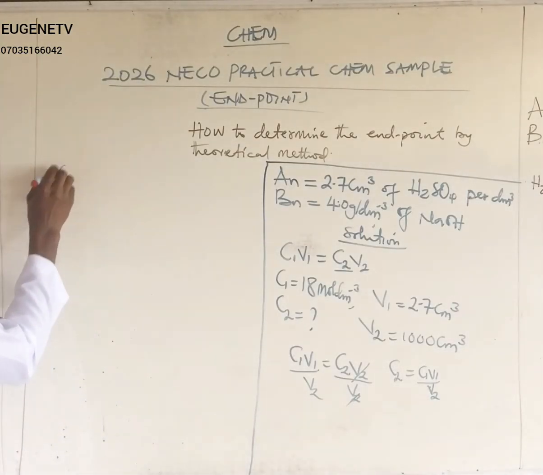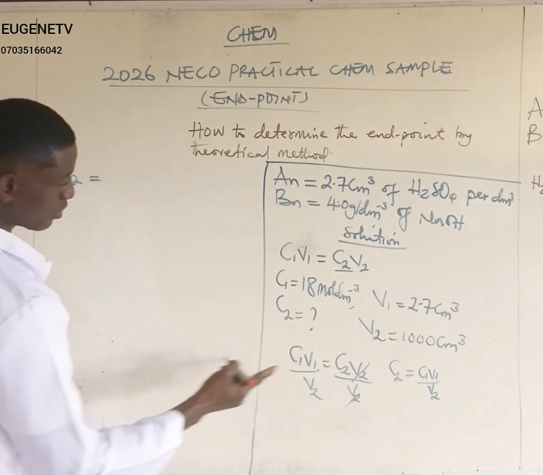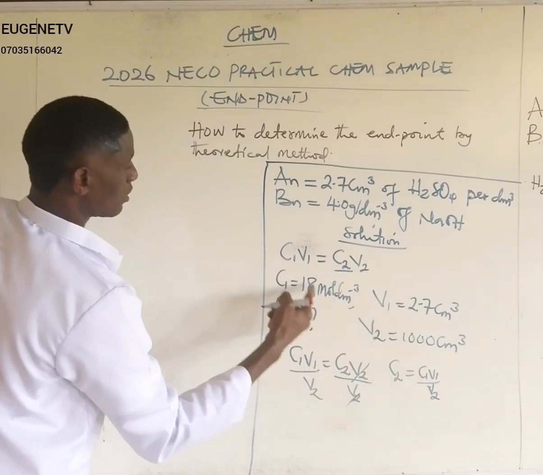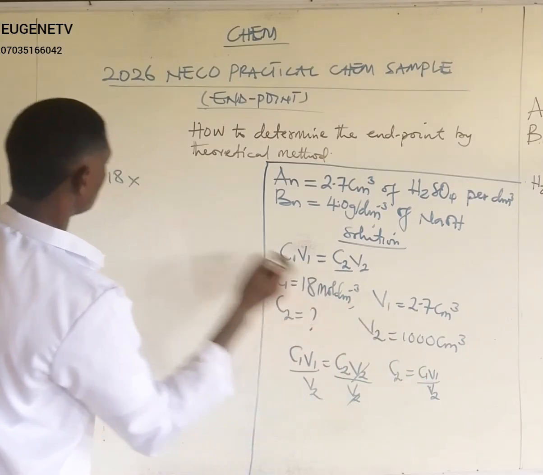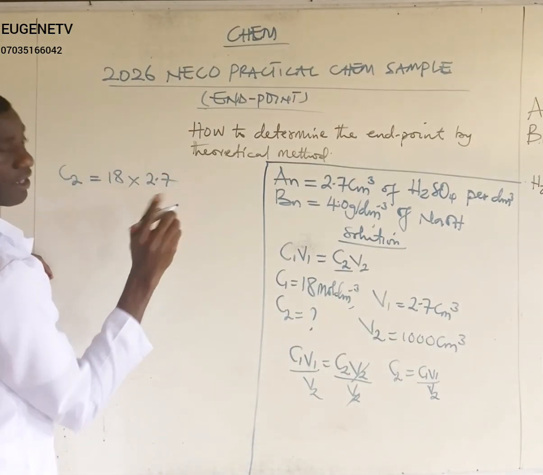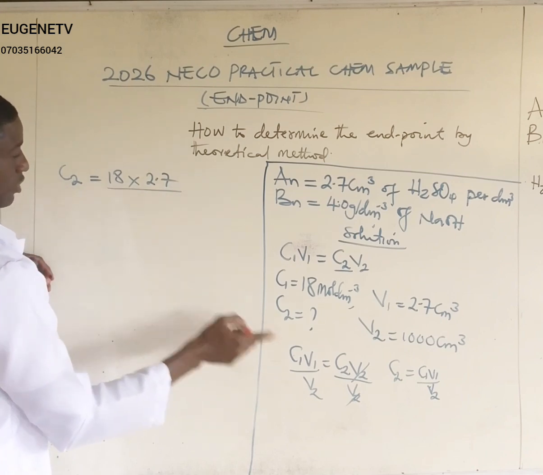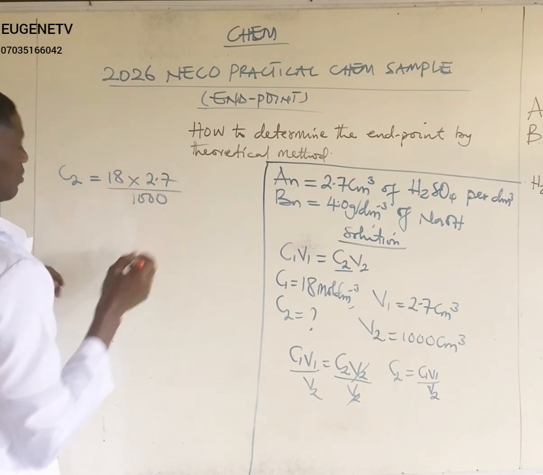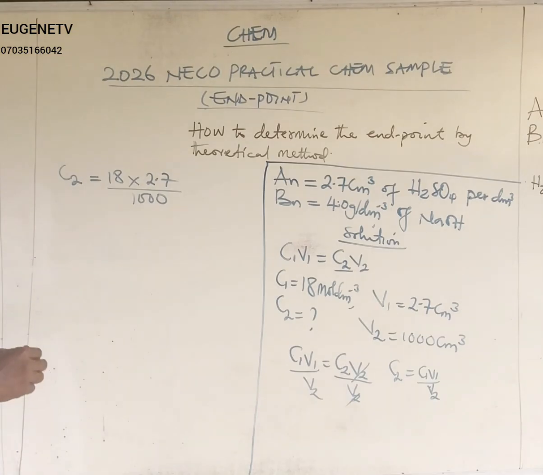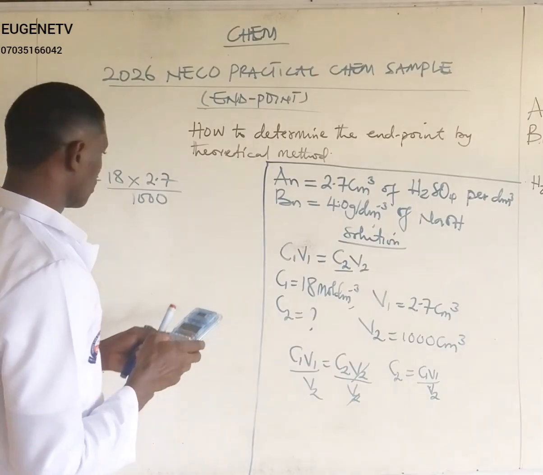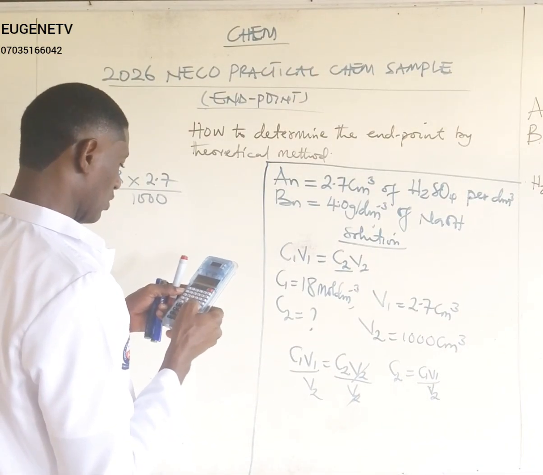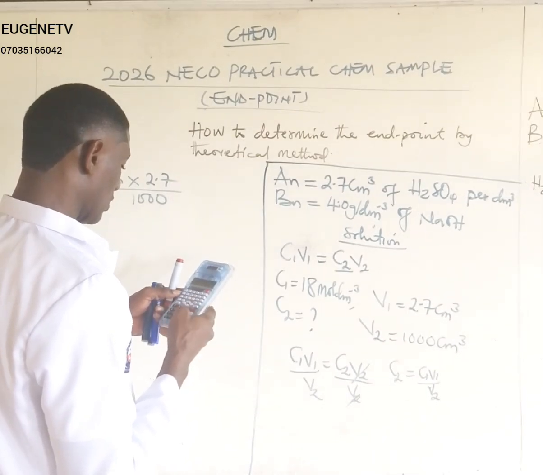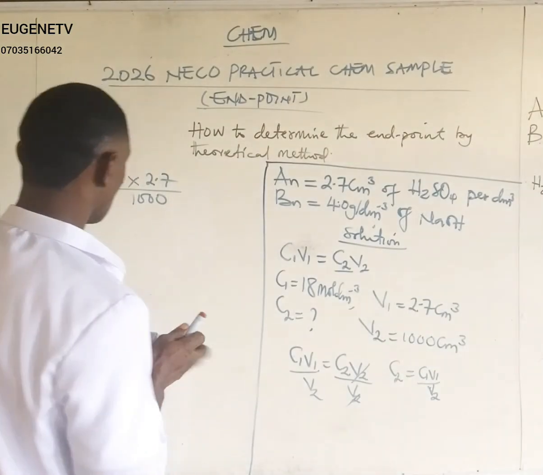So our C2 is going to be equal to... our C1 is 18 mole per dm cubed. Our V1 is going to be the volume that was given by NECO, and then V2 is 1000 cm cubed. So let us see my calculation: 18 times 2.7, and then all over 1000. Okay, the answer is going to give us